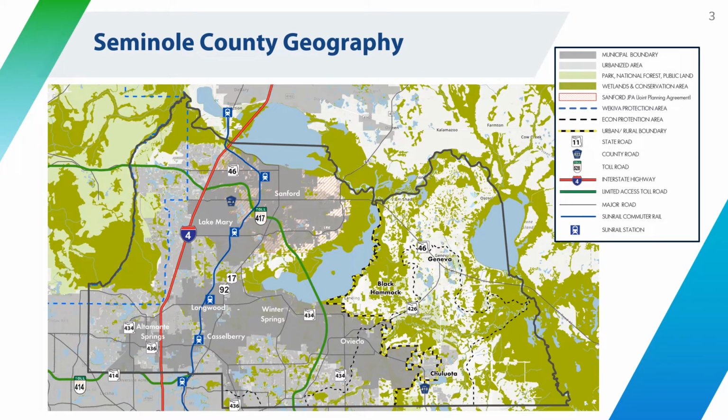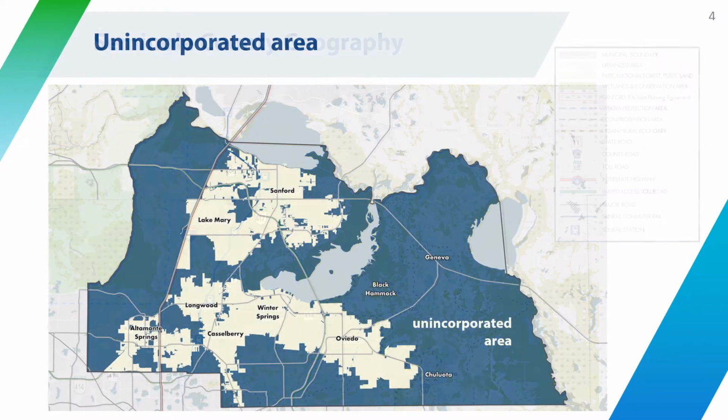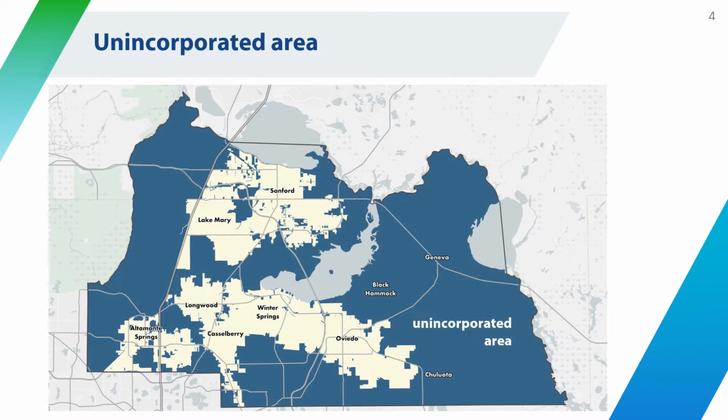The first way we look at the county is as a whole, taking into account major elements including city boundaries, major transportation corridors, developed areas, natural features, and key regulatory boundaries. It can also be helpful to produce simplified diagrams to highlight key elements of the county's physical and political geography